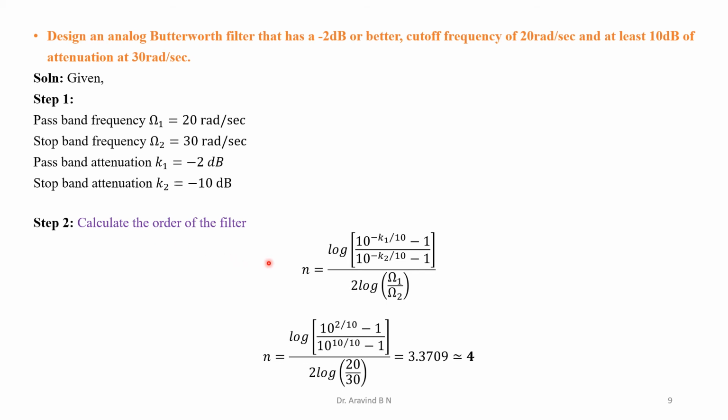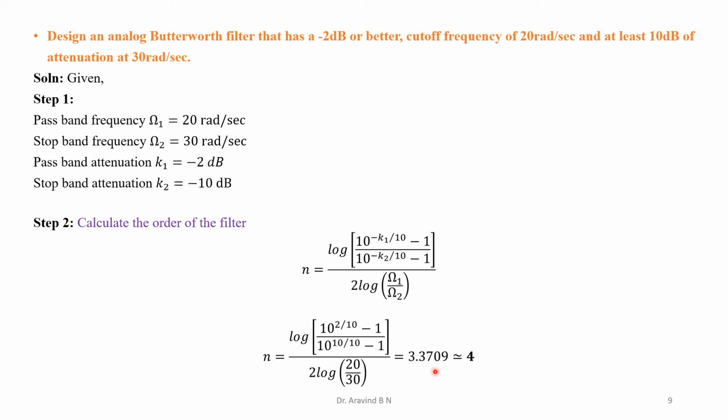Next step, calculate the order of the filter. Order is given by n is equal to log of 10 to the power of minus k1 by 10 minus 1 divided by 10 to the power of minus k2 by 10 minus 1, divided by 2 log omega 1 divided by omega 2. All are known parameters. Omega 1, omega 2, k1 and k2 are known parameters. Make a substitution for that. We are going to get